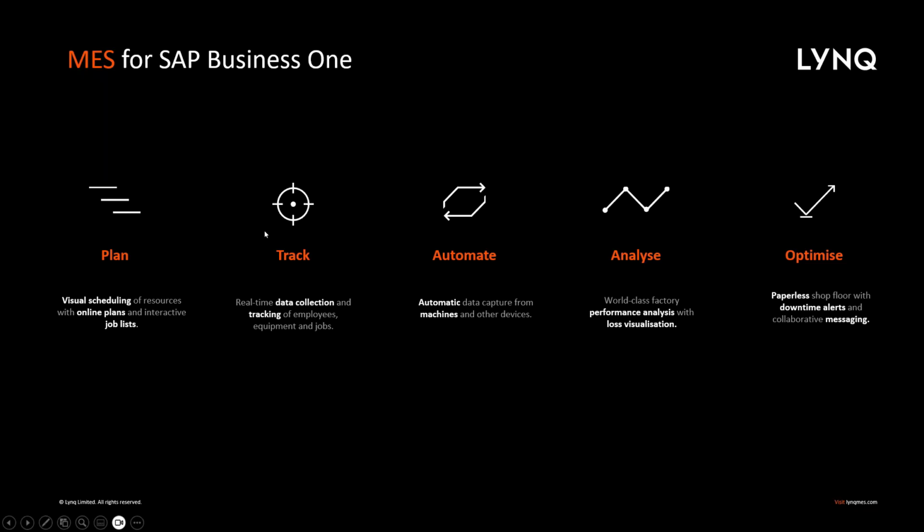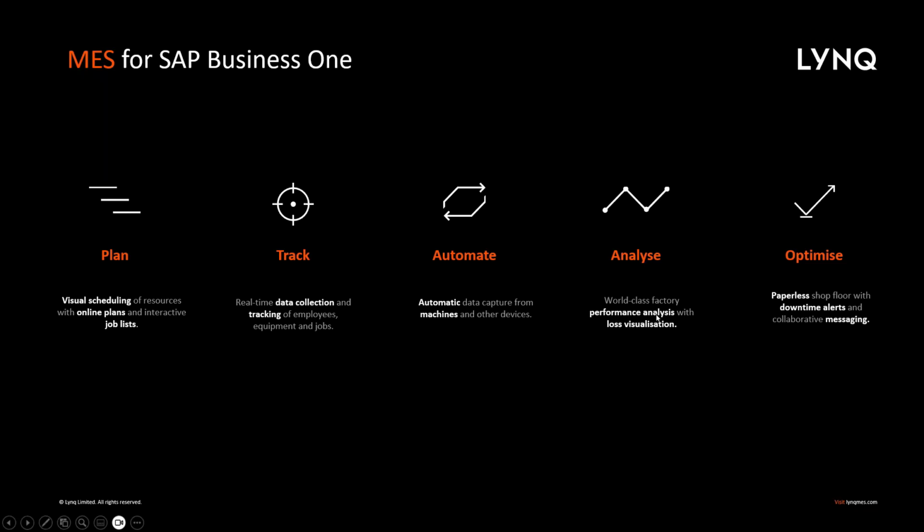Now, the whole point of the Lynq MES solution is to improve the effectiveness of your resources, your employees, your machines, etc. So what we do in this case is provide the de facto key performance indicators in manufacturing and the underlying metrics, providing analysis around overall equipment effectiveness, overall labour effectiveness, and total effective equipment performance. You've got the loading, availability, performance, and quality metrics there that feed into those KPIs.